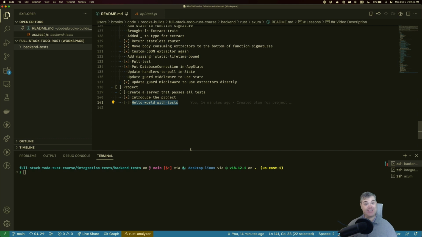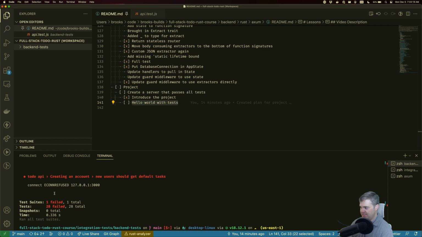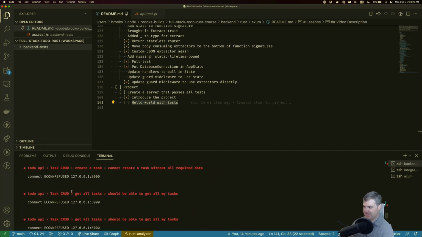All right, step one for this project, we're gonna get our tests up and running, and then we're gonna create a hello world Axum server. So instead of server not running, it gets at least 404 errors. We're gonna start by running the test first and do this in a very test-driven way. So I am CD'd into the backend test here. I do have Node version 18 installed, and I did an npm install inside of this directory. So I can now run just npm test,